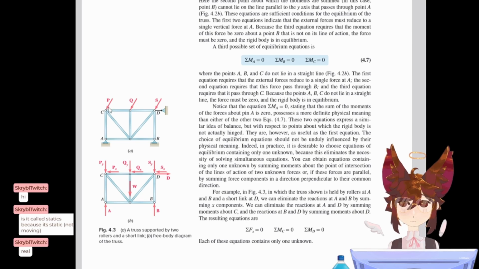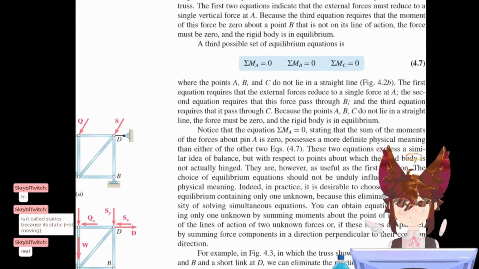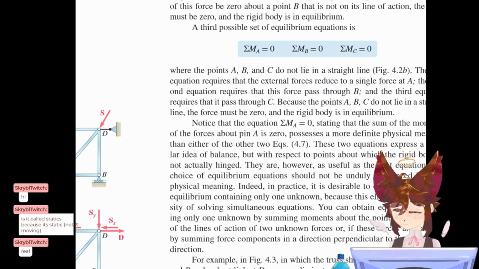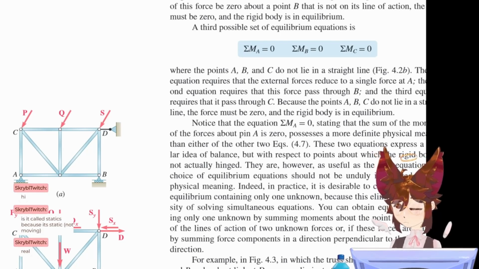Okay, let's see identifying a zero force member. The thing that's harder about zero force members is you have to see the forces on them, and then also see if those are going to be zero. So there's going to be a force. Oh, I just zoomed in and now you can't see it. I cropped it. There we go. Wait, can you see my mouse?